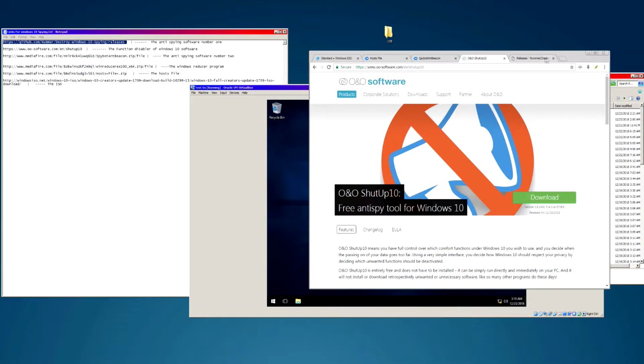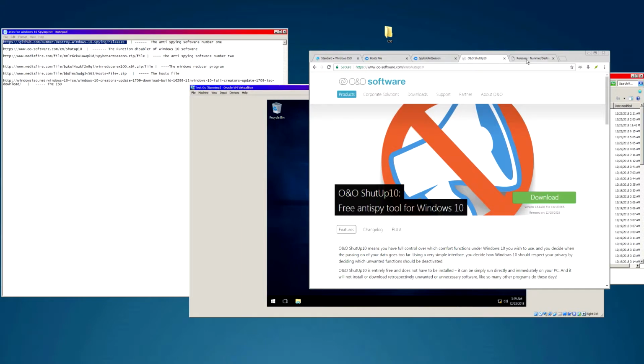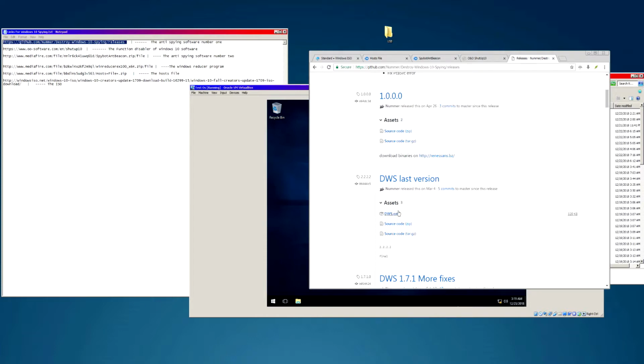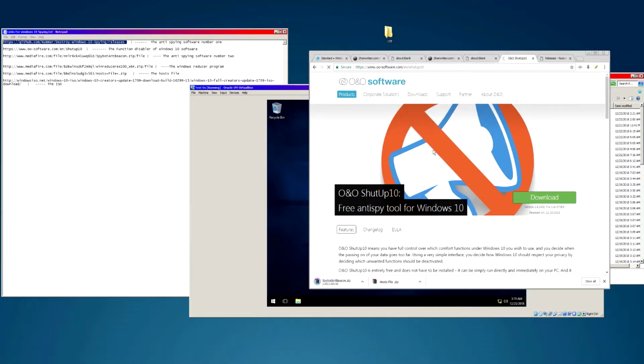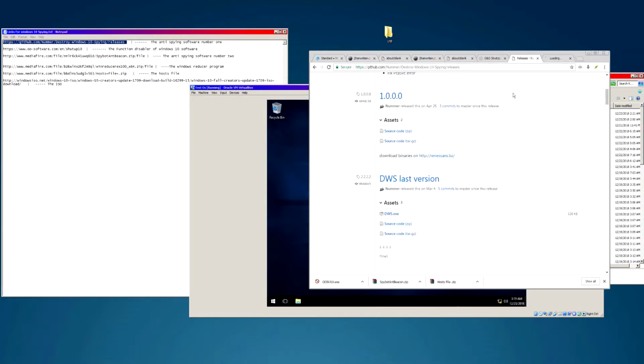Alright, so basically here are the links you're going to want to download. The host file, I have that linked in the description. Spybot Anti-Beacon, you're going to want that. You're going to want Shut Up Windows 10, and you're going to want Destroy Windows 10. This won't really destroy Windows 10, don't worry. So, let's get the host file, let's get the Anti-Spy Beacon, let's get Shut Up Windows 10, and let's get Destroy Windows 10. This is going to further layer, basically what we're doing is we're layering down settings and security